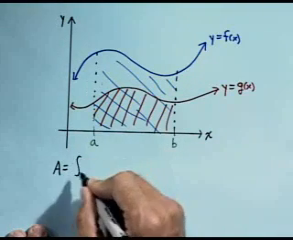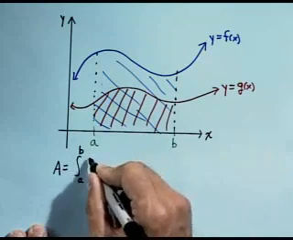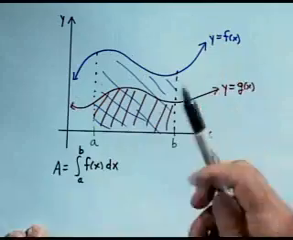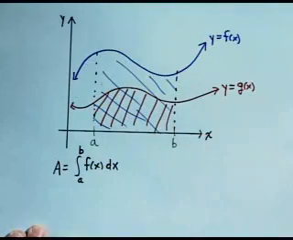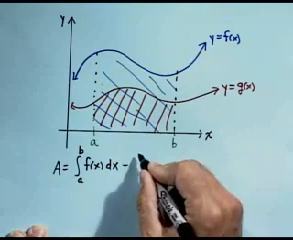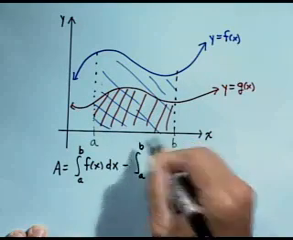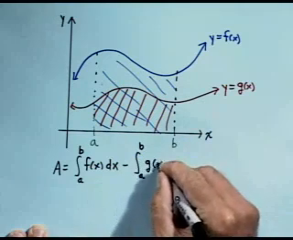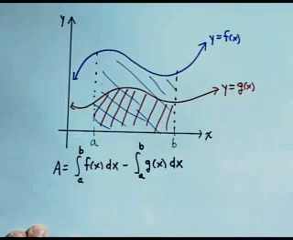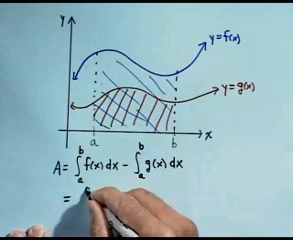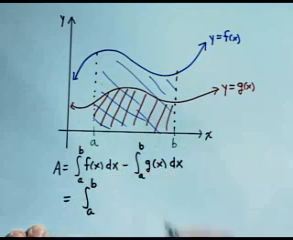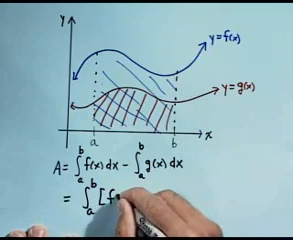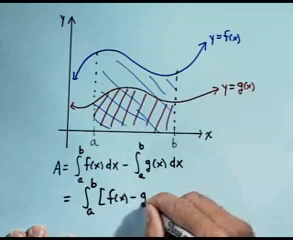is going to be the integral from a to b of f of x dx. Again, that's the total area under the curve of y equals f of x. Then we will subtract the area under the curve of g of x, or we write that as the integral from a to b of g of x dx. Using some integral properties, we can combine and rewrite as one integral. That is the integral from a to b of f of x minus g of x